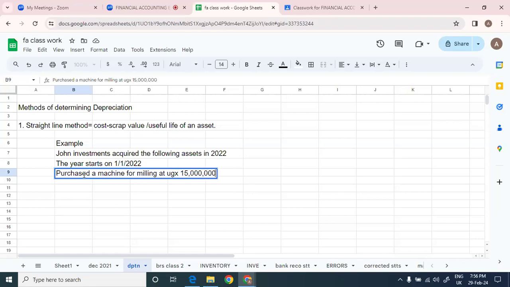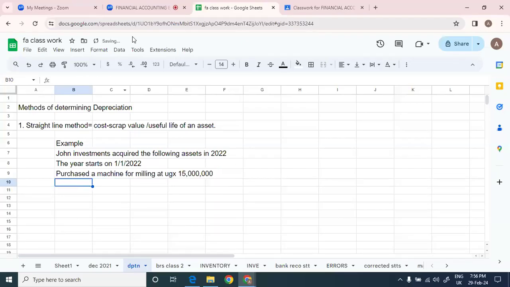This is an example. So they tell you it is estimated to work for 4 years,